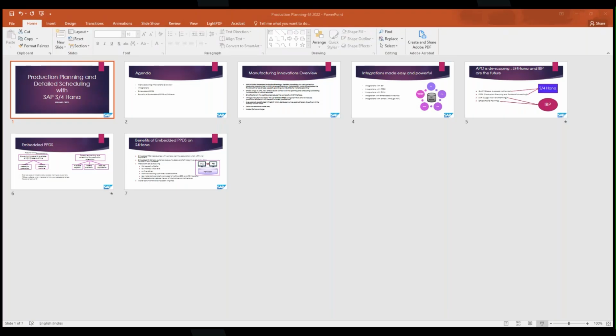Thankfully, you covered that. The major perspective why they wanted to integrate PPDS with S/4HANA was the cost. In any organization or plant where they use PPDS or APO or ECC separately, you probably know that they used to have two different systems. When it is two different systems, maintenance cost, infrastructure cost, licensing cost, everything used to be separate, and that was a huge burden on